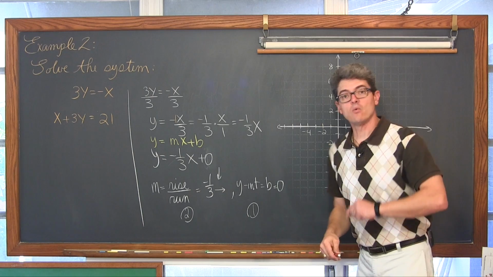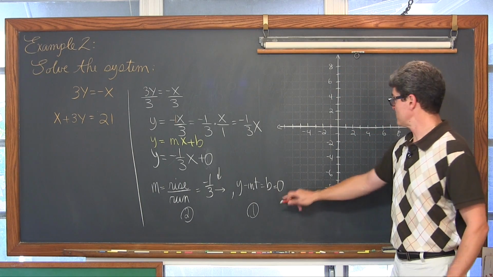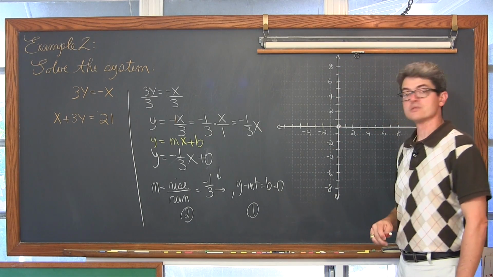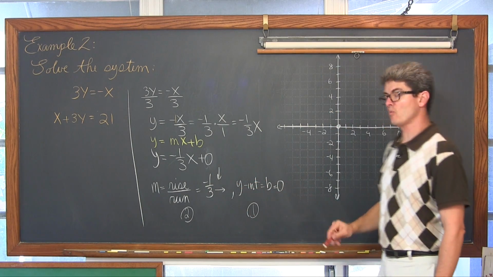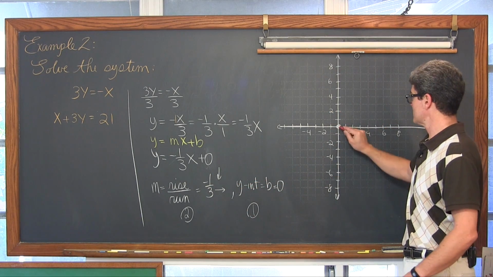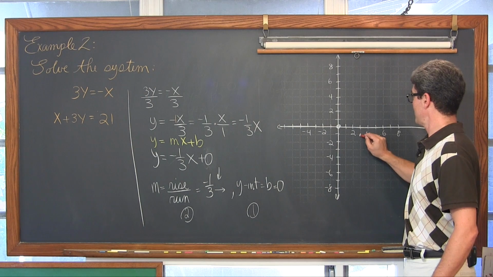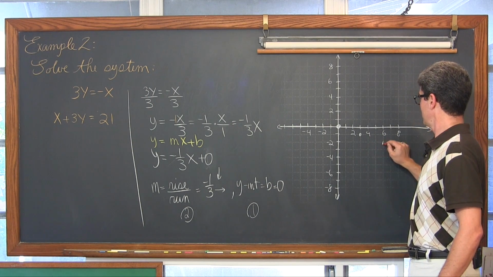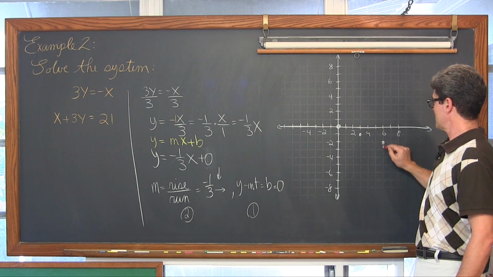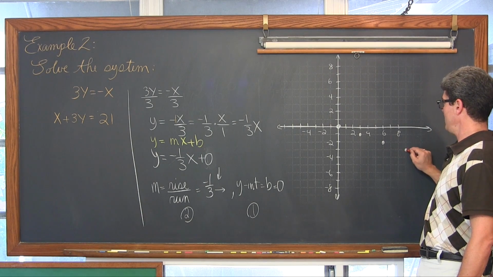Let's get that y-intercept plotted. Again, that was a y-intercept of 0. Our slope is down 3 and over 1 from the y-intercept. This, by just coincidence, happens to be the origin. Each time going down 1 and over 3.